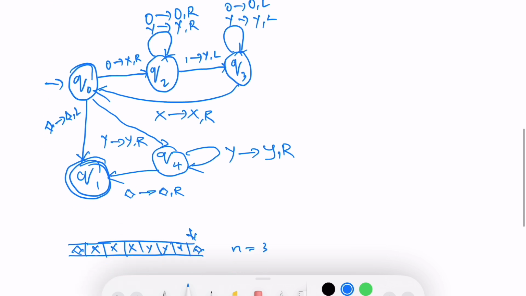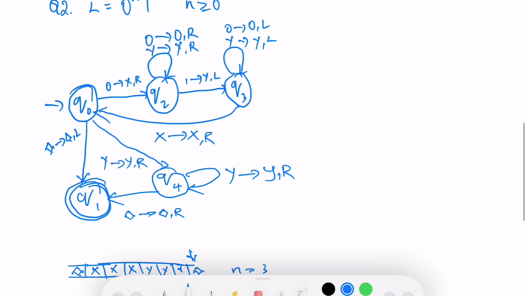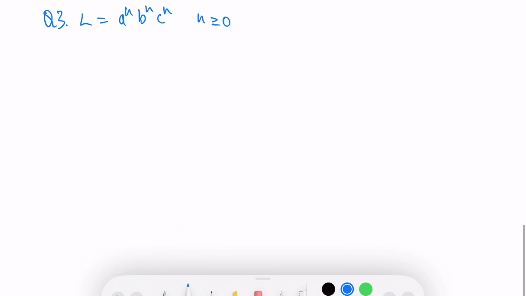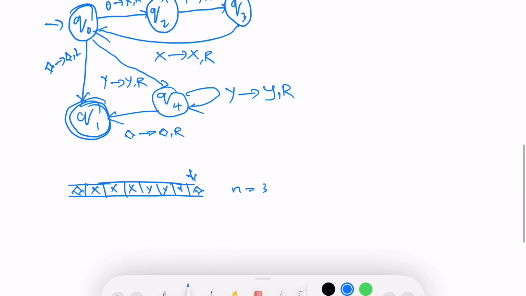All right, so that's question number 2. And for question 3, it's sort of an extension of the previous question. Earlier we just had 0 and 1. Now we have A, B, and C. So we have 3 different characters. For this, you can use the same algorithm, but you would need one more